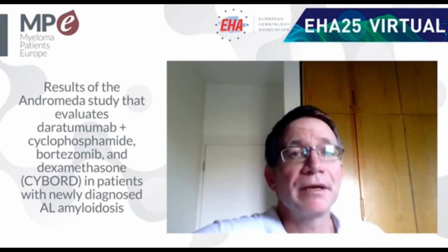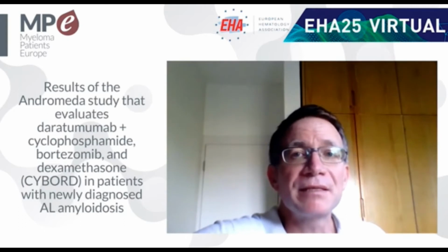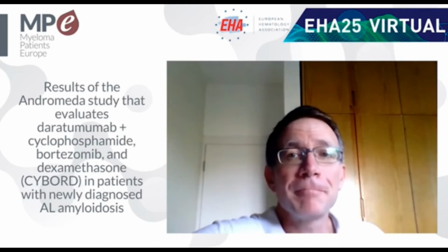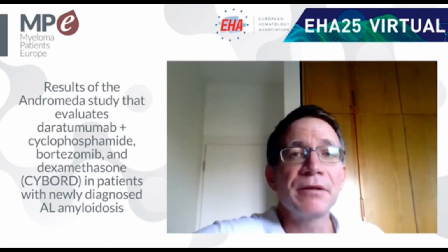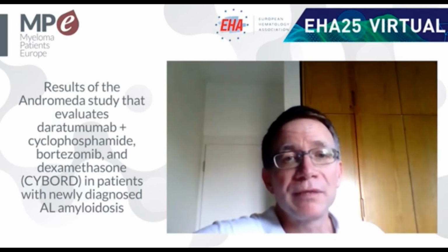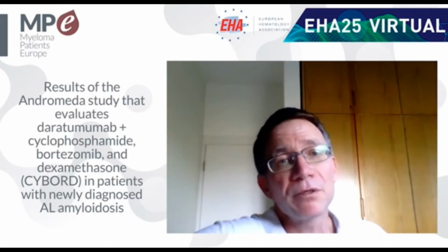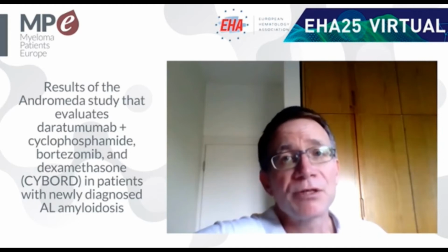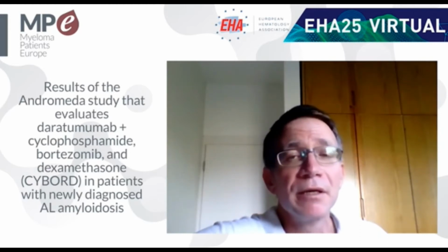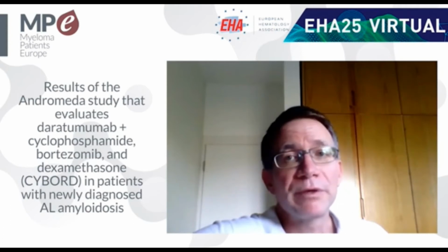So this is very impressive. And the most important thing is that there were a little bit more infections, but this did not come with severe side effects added to the CyBorD basic protocol. So this is very encouraging, both because daratumumab, now and in this trial, was given subcutaneously, meaning that it was